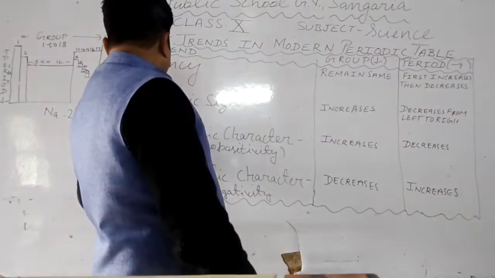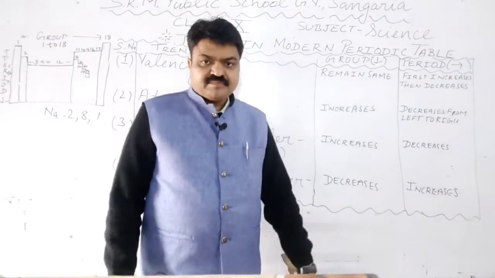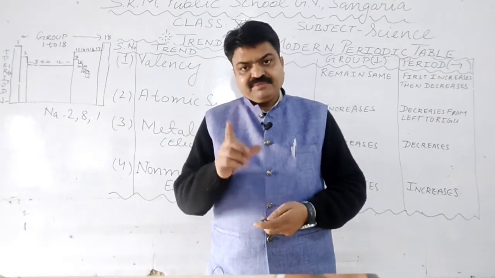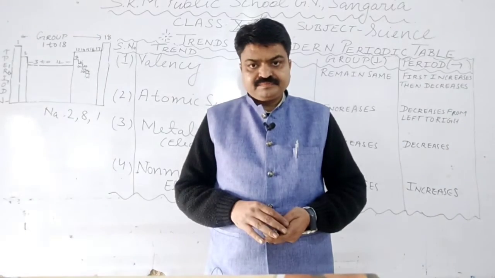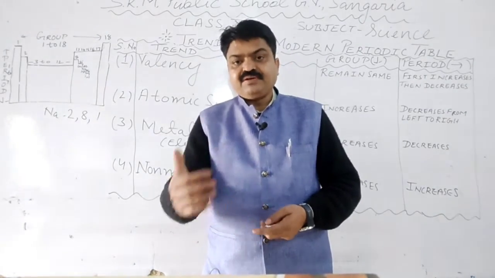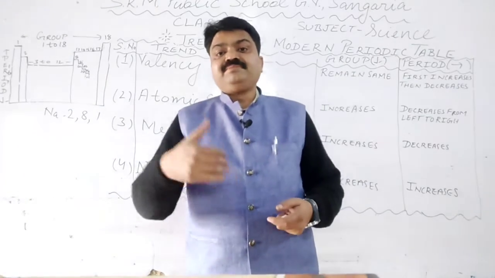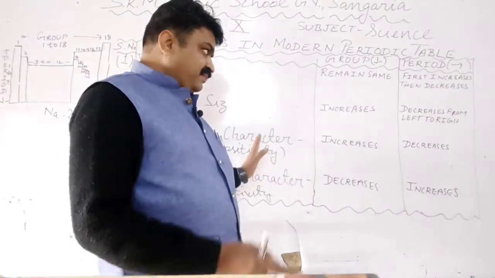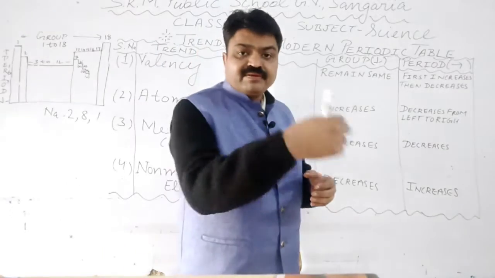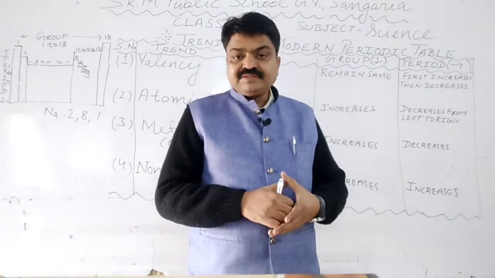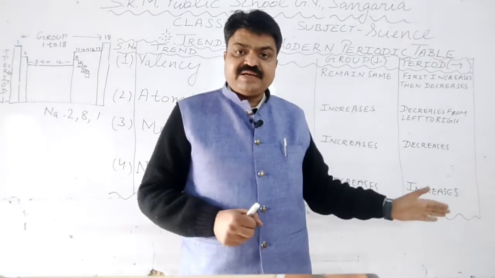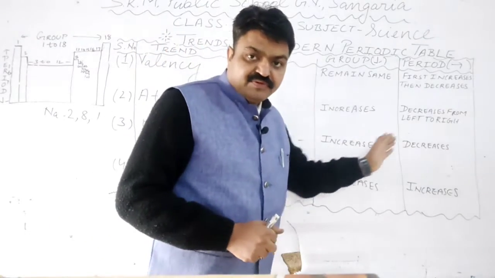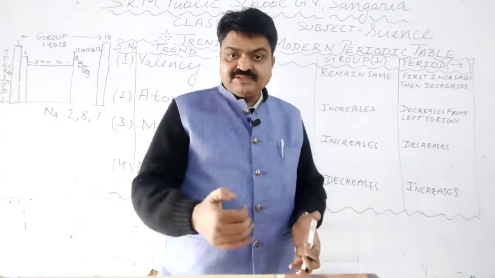Next is metallic character, student. If we speak about the metallic character, what is the metallic character? Again, the electron losing capacity of an element determines its metallic character. So in the metallic character, student, if the nuclear charge increases, then their electron losing capacity also decreases. So we can say that their metallic character decreases from left to right, because the nuclear charge increases,